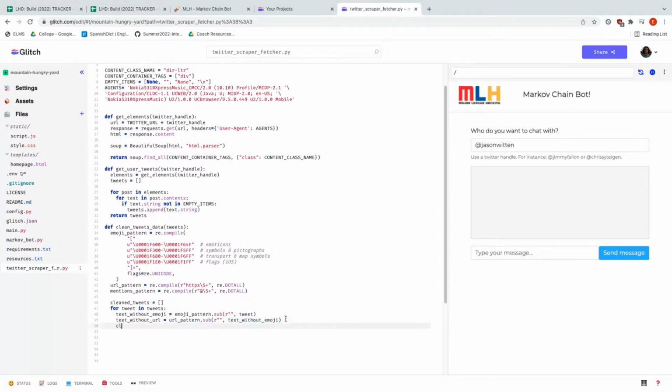And then we're going to use the cleaned tweets array that we just initialized, and we're going to do dot append to add the clean tweet to our new array of clean tweets. So in order to do that, we're going to do mentions underscore pattern dot sub, r empty string, text without URL.